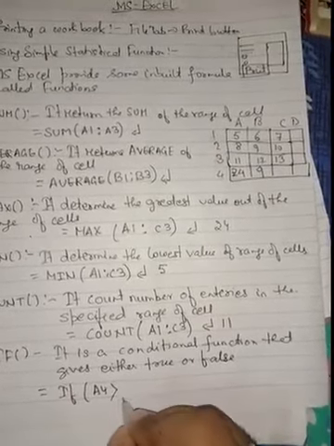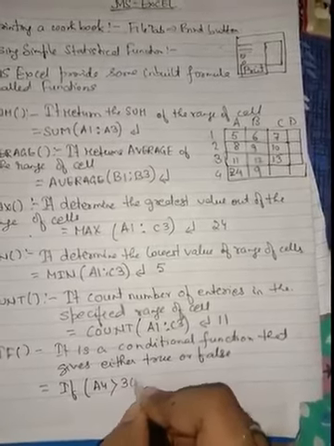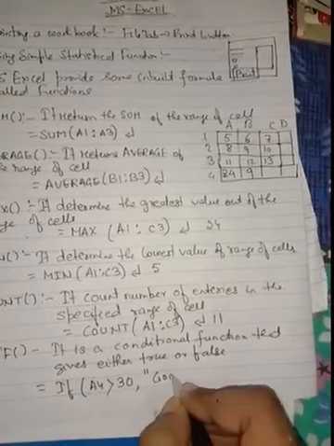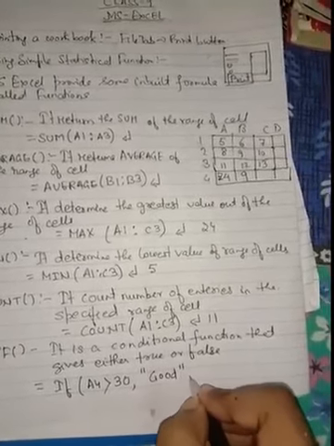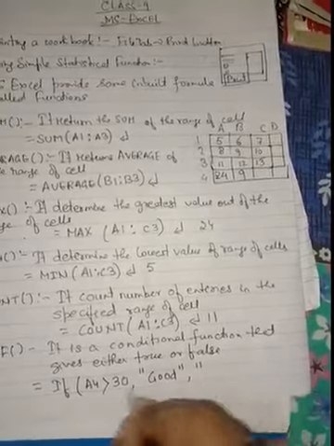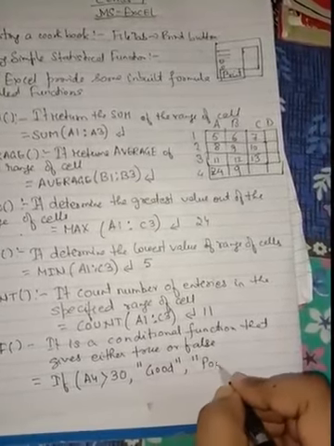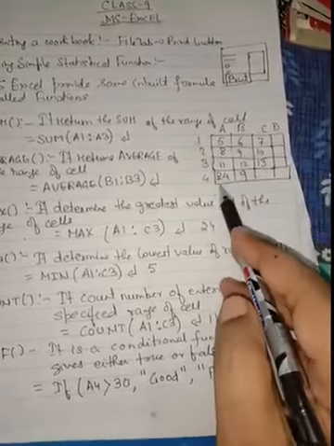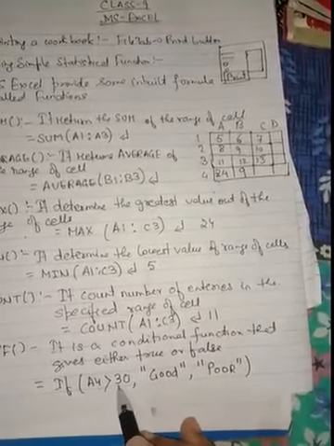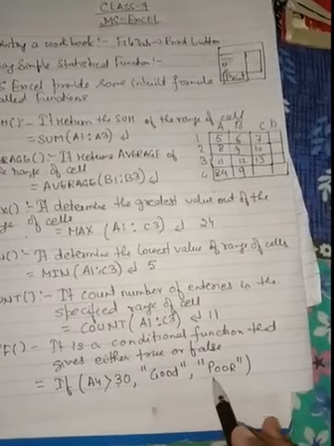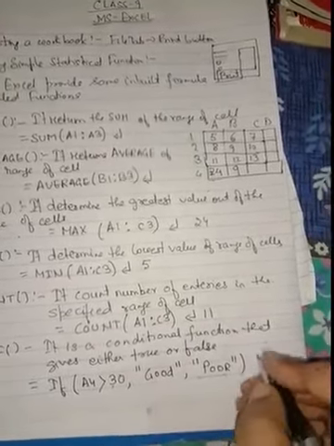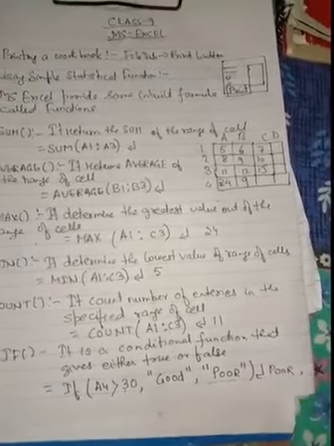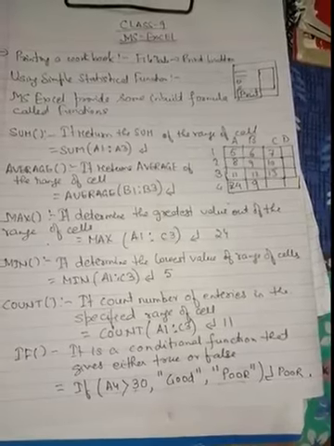So suppose I have written over here is equal to if A4 greater than 30, then if the condition is true, then print good. Otherwise, if the condition is false, then print poor. So what is the value of A4? The value of A4 is 24. So 24 greater than 30 is a false condition. So it will move to the second part. And what is over here? Poor. So as soon as I press the enter key over here, poor will appear. So this is how we can test the logical conditions of if.